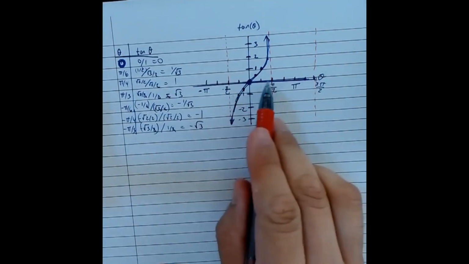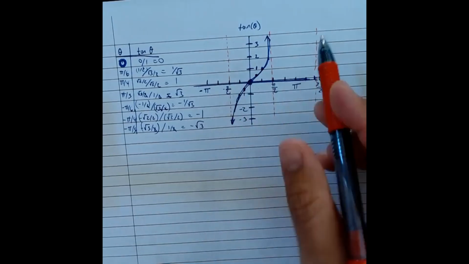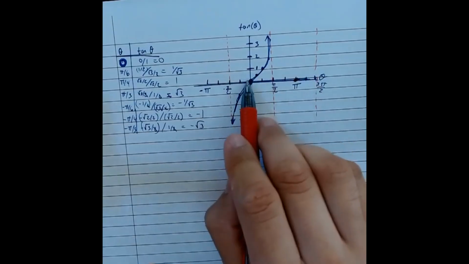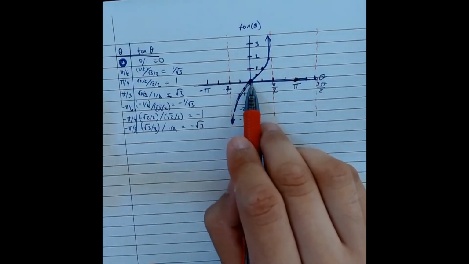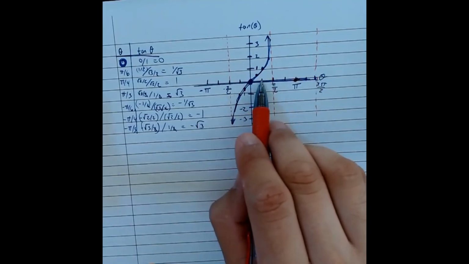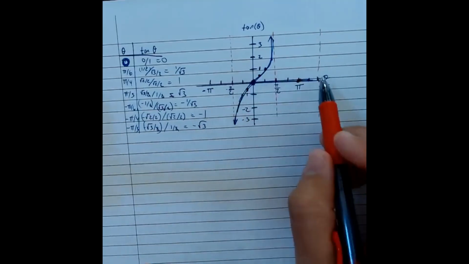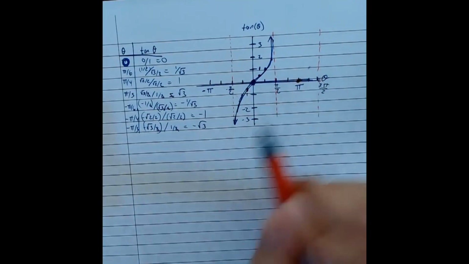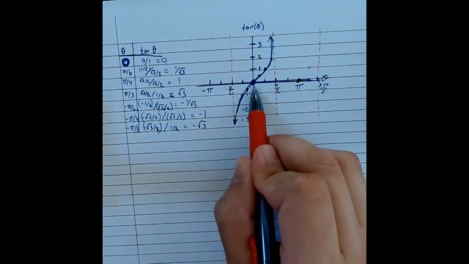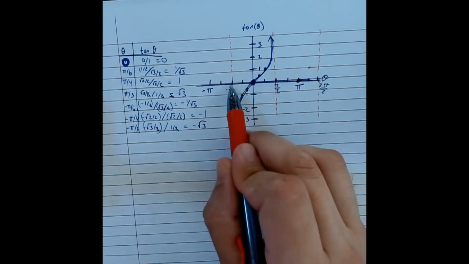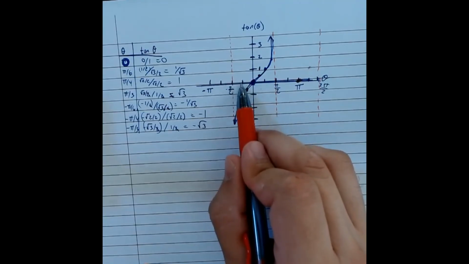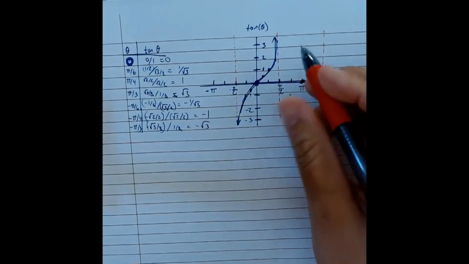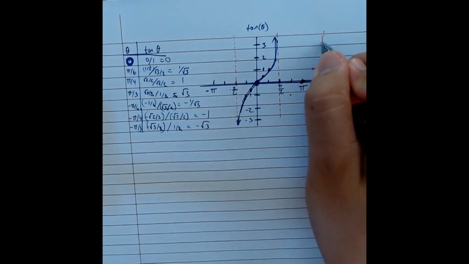Note that halfway in between the vertical asymptotes, I am at the axis. Okay, so halfway between these two, I'm at the axis. If I go halfway between this midpoint and this endpoint, the tangent is 1. Okay, so halfway between here and here, the tangent will be 1. Over here, halfway between the midpoint and the beginning, a quarter of the way in, my tangent is negative 1. Okay, so down here, and I could just repeat that same pattern